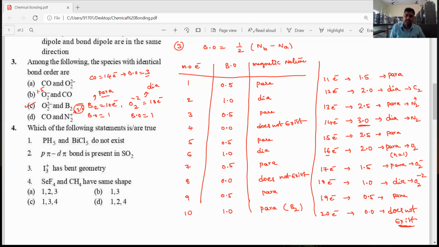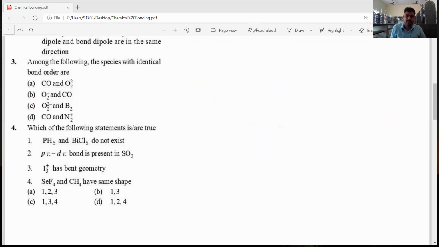Okay, students, let's see the fourth question. If you observe the fourth question, they ask which of the following statements are correct. Okay, the first option, PH5, means the central atom is phosphorus. The phosphorus central atom has electronic configuration ns2 np3. But the covalency is 5, so